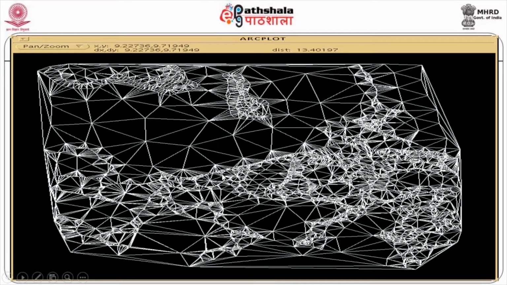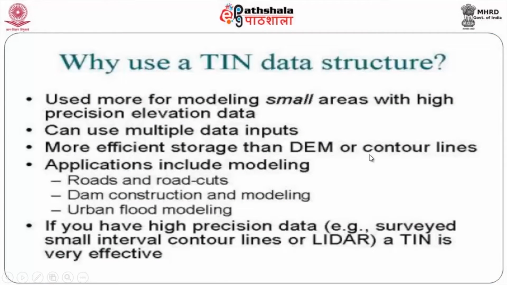You can see here, and of course, I do not know if you can interpret from here. What you could exactly interpret is that these areas are of lower elevation, broad triangles, and these areas are of higher elevation, and you can see here the coarser it is, the harder it becomes for you to identify what will be your peak point. So, that is an excellent part of a TIN model, you can look at it. Why should you use a TIN at all? Why do you require a data structure which is basically used for specific purposes?